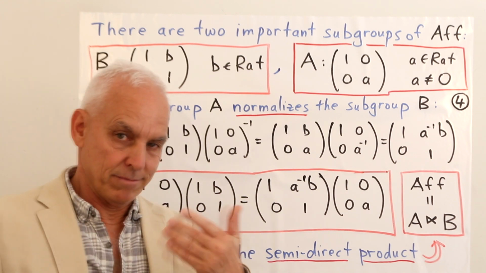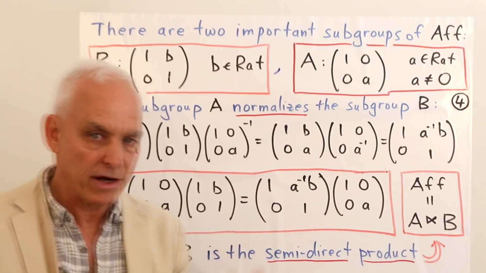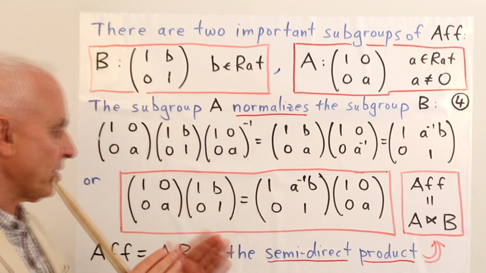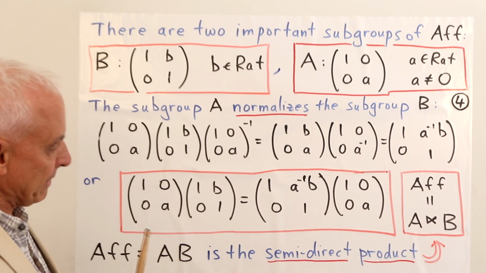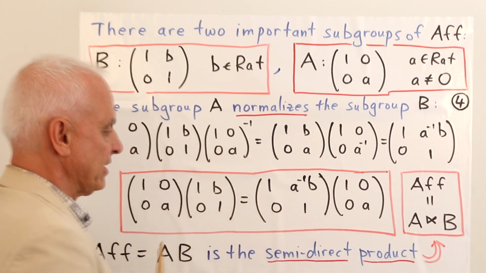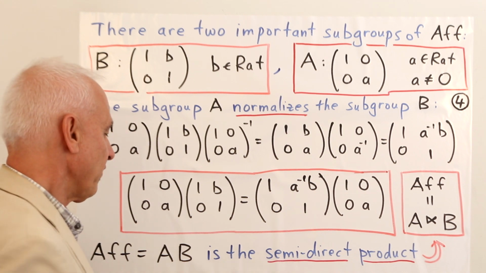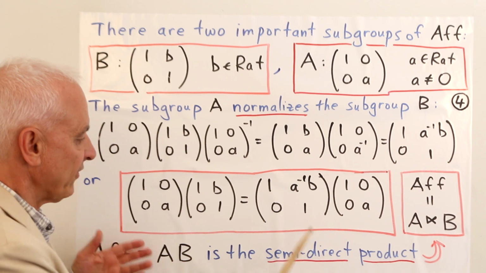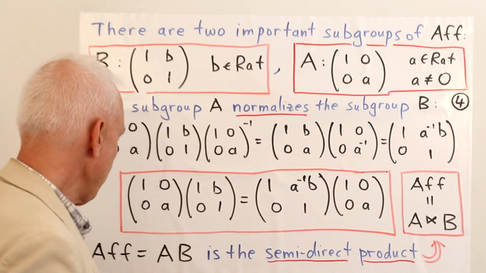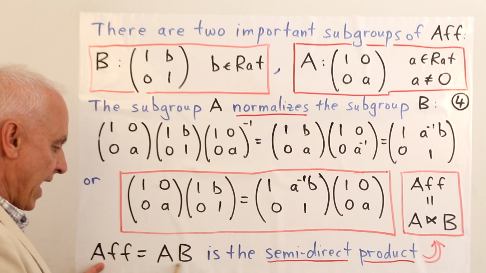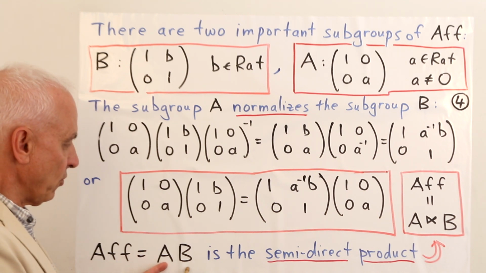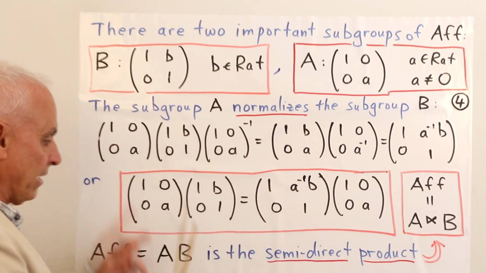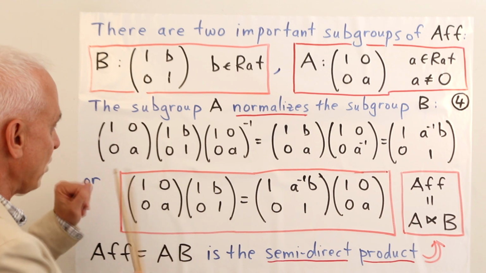So remember, in group theory generally, we're talking about non-commutative groups. So this is a non-commutative group. So the product matters, which way we order things. And this is a nice aspect of it, which really is at the heart of the semi-direct product construction. So this is what's called a semi-direct product, where the entire group is AB. In other words, it's the product of the two groups. We've seen that because any element in the affine group is a product of an element in A and an element in B. And in fact, there's no intersection other than the identity.